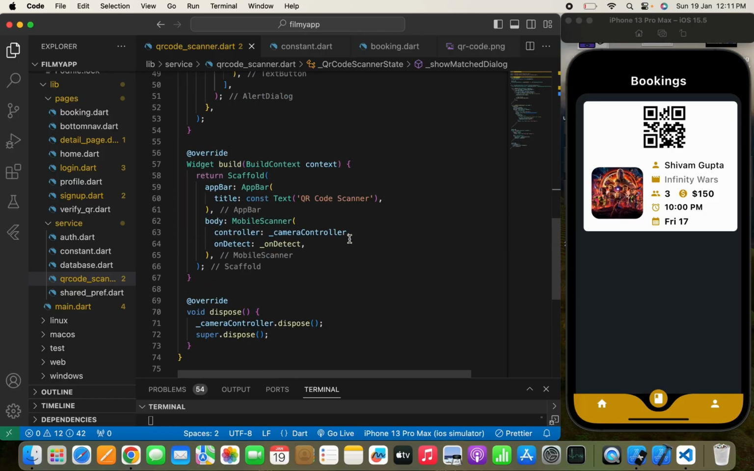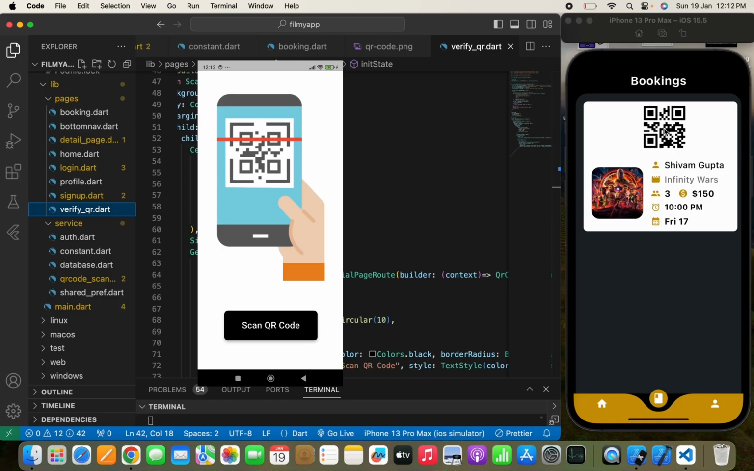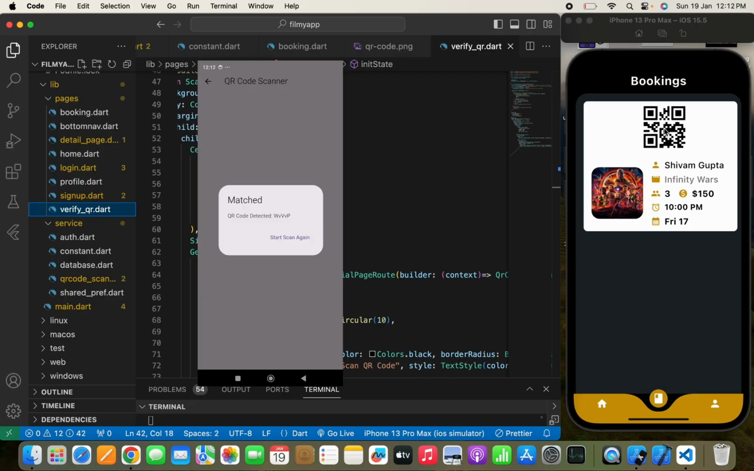So I have done one thing: I have simply run the verify QR code dart file on my real Android device, because I want to show how the admin will scan the QR code and allow the user to enter their cinema. You will see my mobile screen at the left side, and I'm going to simply scan the QR code that is on my laptop. I will give all the necessary permissions, and you can see that it just scans the QR code